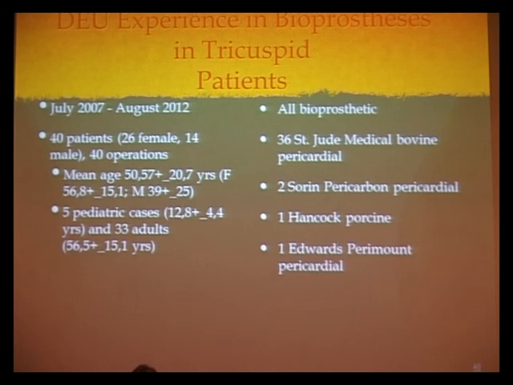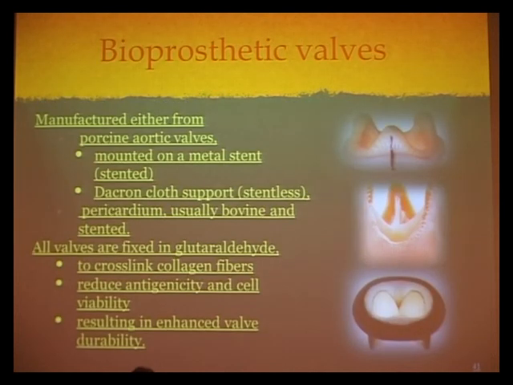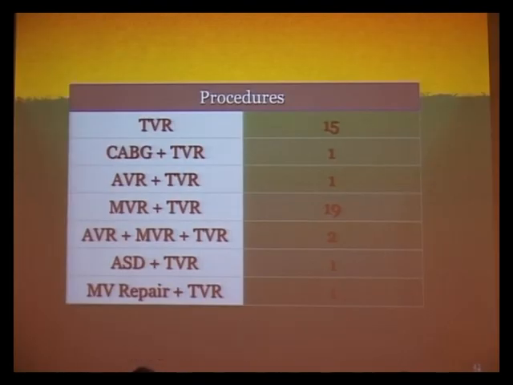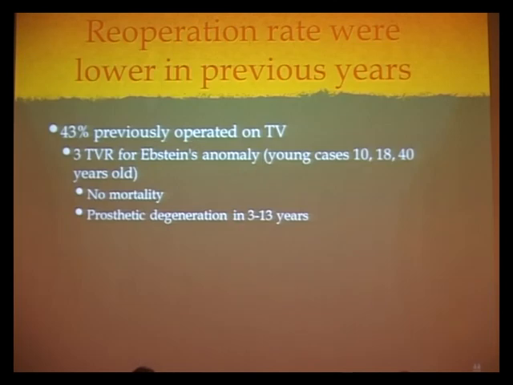But after 6 months, after 8 months, we started to have gradients with St. Jude Medical bovine pericardial valves in tricuspid position recently, although we didn't have any in Sorin, Hancock, and Edwards in the past. You know that they are again glutaraldehyde fixed valves, and they have very good coaptation like good old Ionescu Shiley valves. But I think that there, because of the, I can jump all this data,